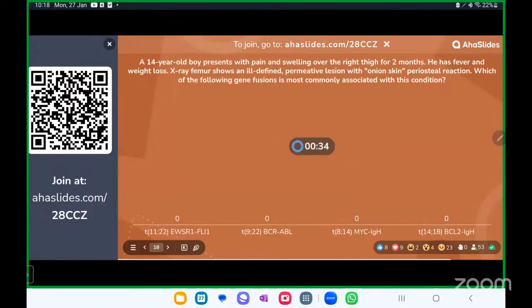A 14-year-old boy presents with pain and swelling over the right thigh for 2 months. He has fever and weight loss. X-ray shows ill-defined permeative lesion with onion skin periosteal reaction. Again, we have discussed this just now. Which of the following gene fusions